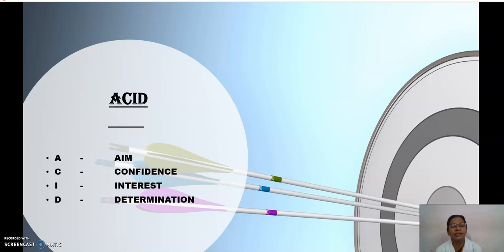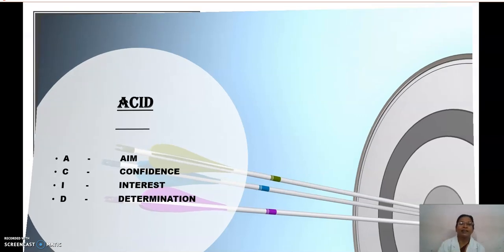And keep an interest in that. Always try to increase your interest in it, and with determination your path may become very easy. So keep this acid with you as much as you can, it is very good, and you can supply it to those children who don't have this acid. So this is the acid I want to introduce. By the end of this lesson, I hope all of you will have enough supply, a sufficient quantity of this acid with you.